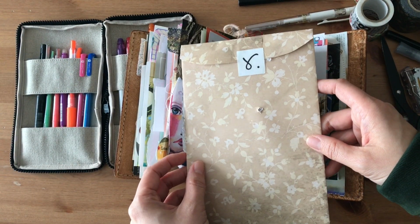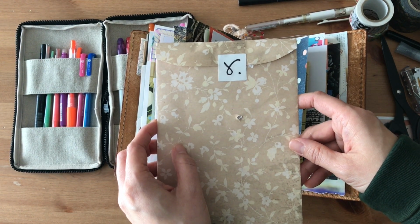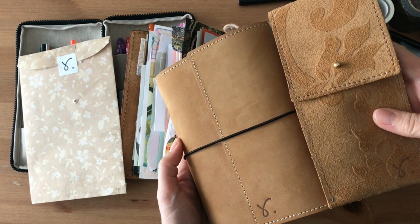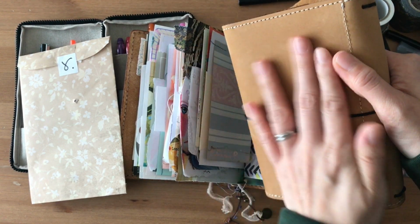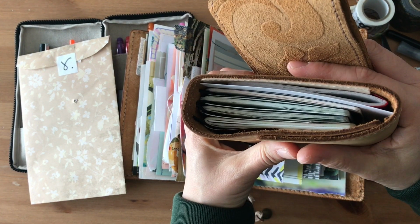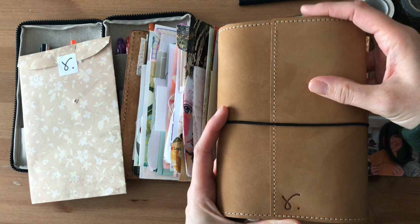I met with Rowena and two other beautiful ladies several days ago, and it was just an amazing time. I traveled into Tokyo Station, and I did an unboxing of these two beautiful items. I'm not sure if Rowena still has these videos up on her Instagram, but she posted the unboxing as an Instagram story, so I won't be doing an unboxing with you, but maybe I'll just share my first impressions. I ordered the A6